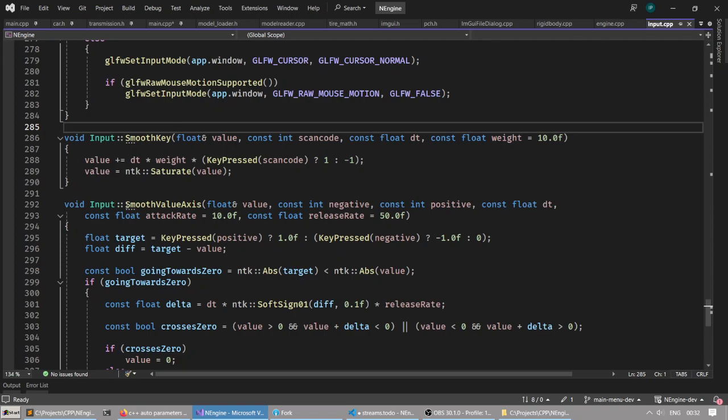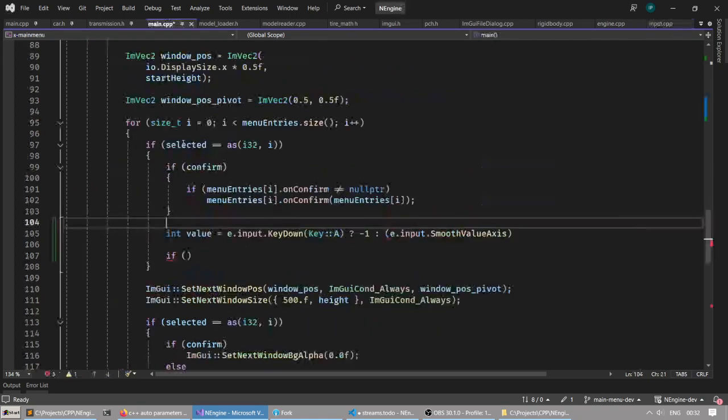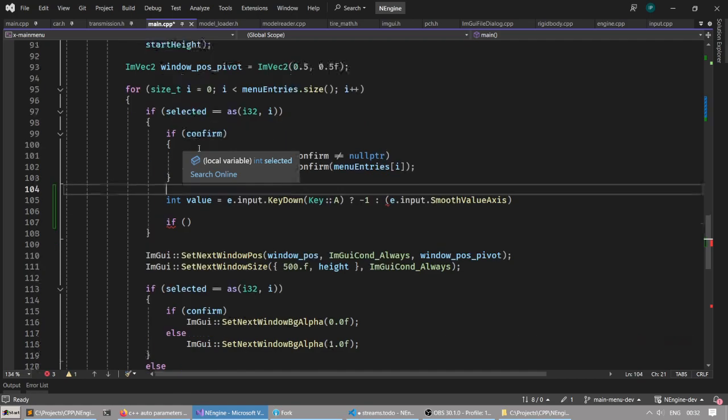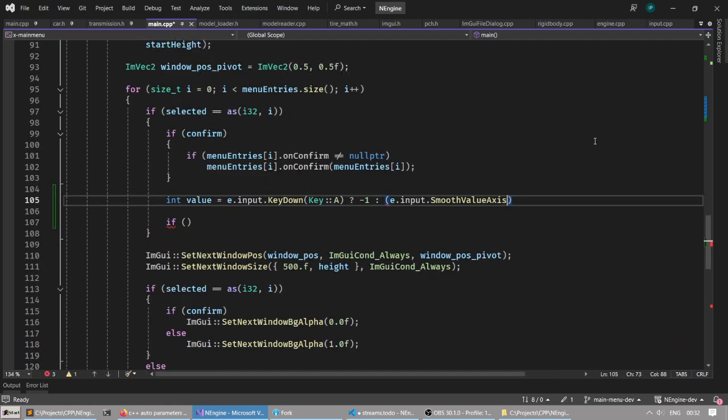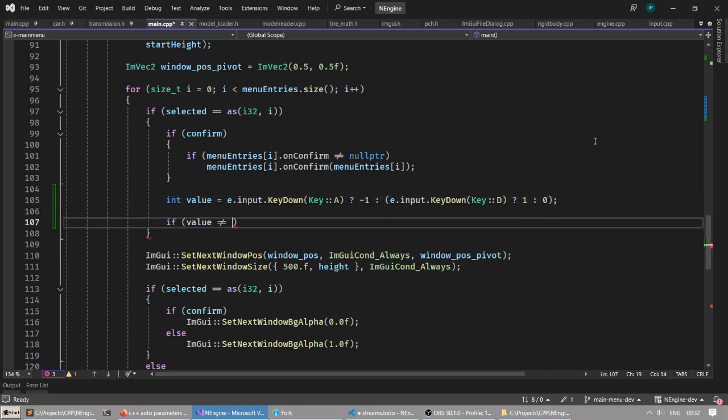Okay, well, I can make all these things const, which is nice. Thank you, Visual Studio. Anyway, for this, I'm going to say if key down is D, we're going to +1, else we're going to 0. There it is. So if value is not 0,